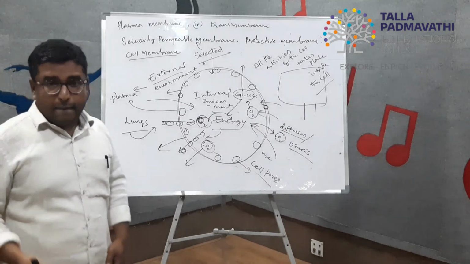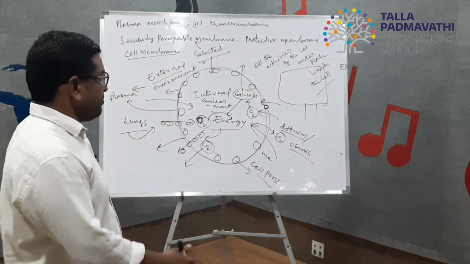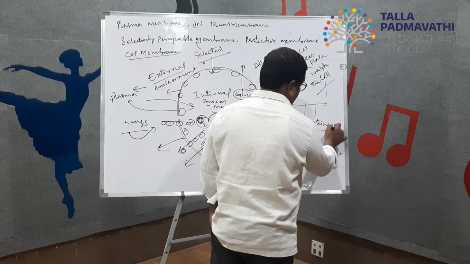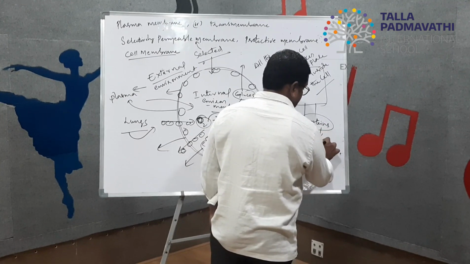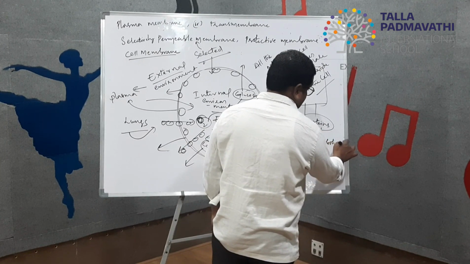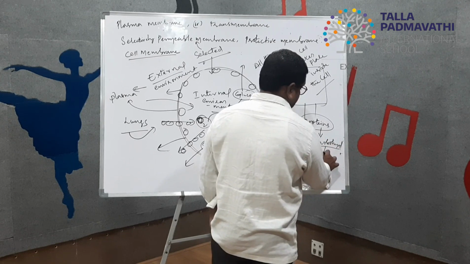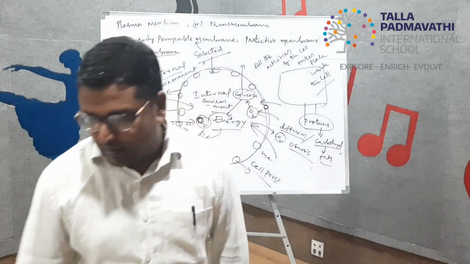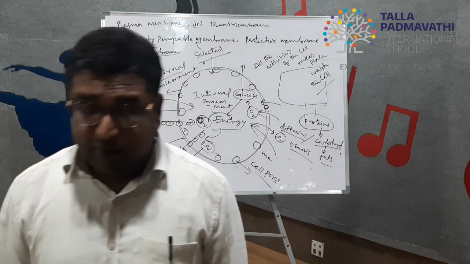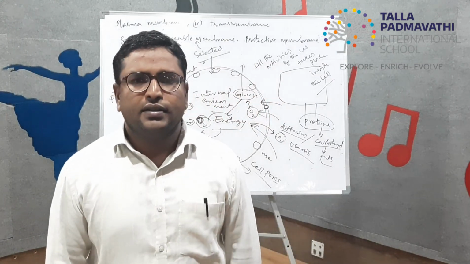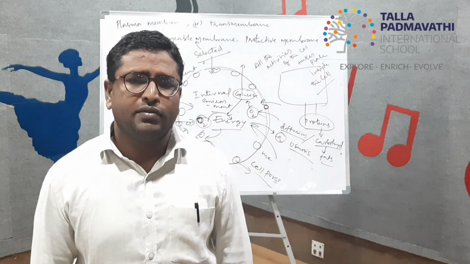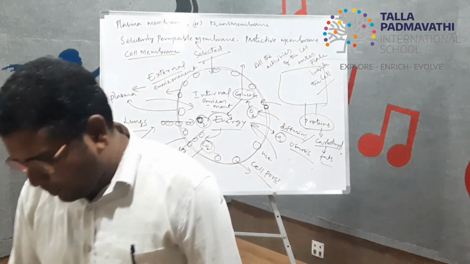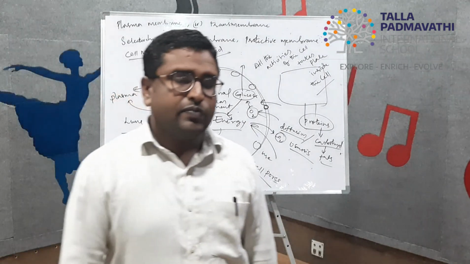As it plays an important role, the cell membrane is made up of proteins, carbohydrates, and fats. So glycoprotein and glycolipid are present in combination here, right? Lipid is nothing but fat. Glycolipid, glyco is nothing but carbohydrate. These components are present in the right combination.